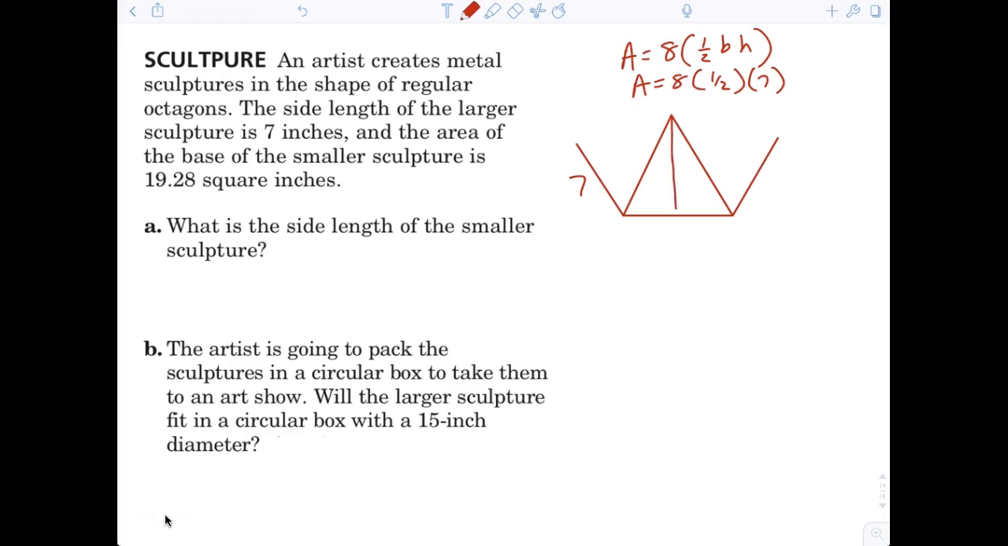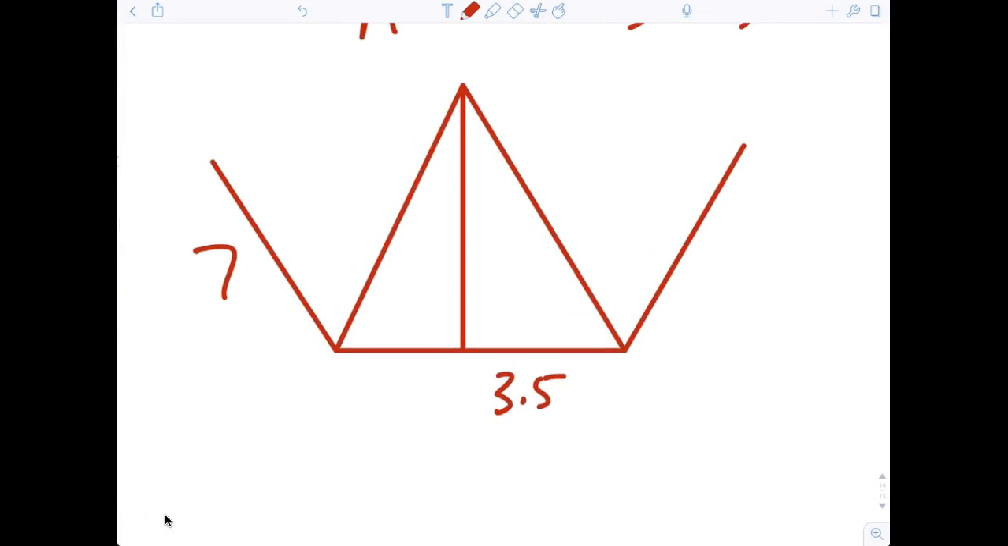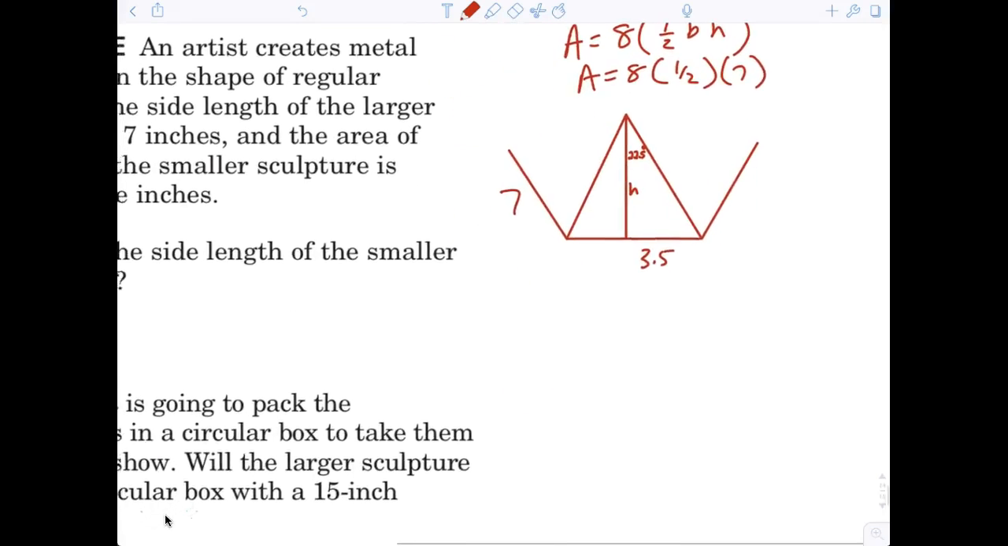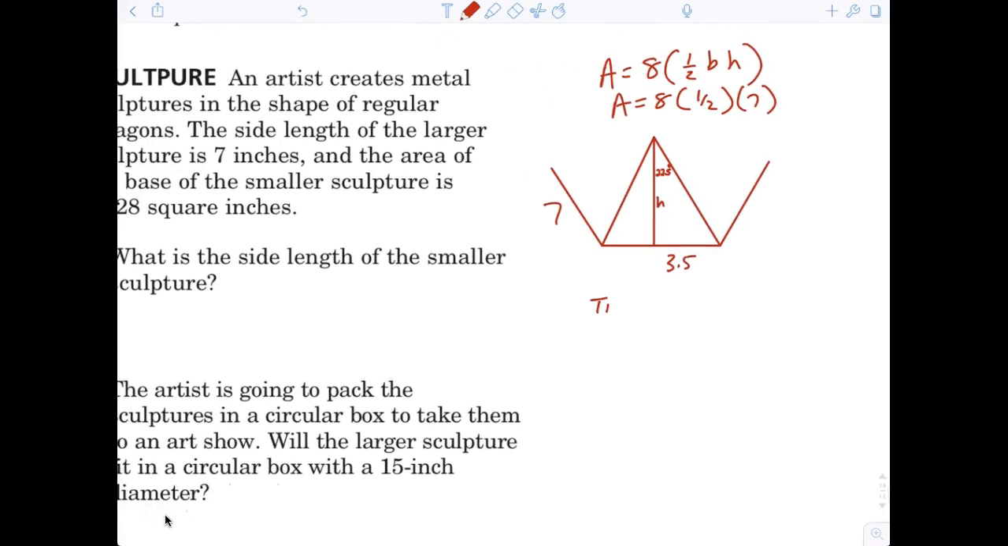Now, here's the problem. When we draw this in here, you have to remember this becomes 3.5. The central angle of an octagon is 45 degrees, so this angle here would be 22.5. And I'm interested in the height. So what trig function am I going to use for that? Tangent. Come on, guys, make sure you're listening. That is the tangent. So here we go. The tangent of 22.5 is equal to 3.5 over h. So now h is equal to